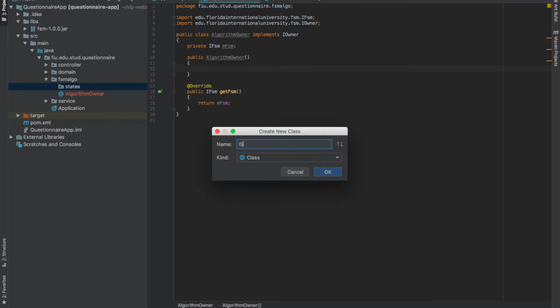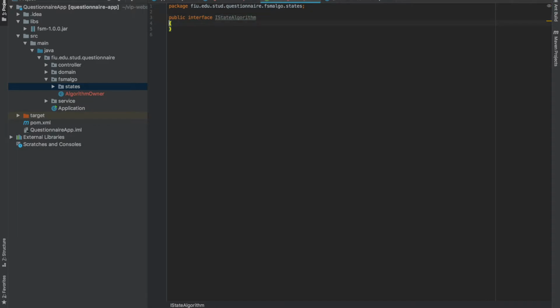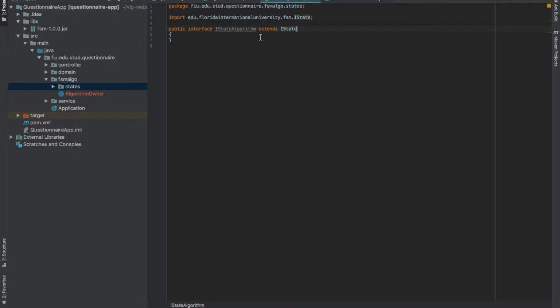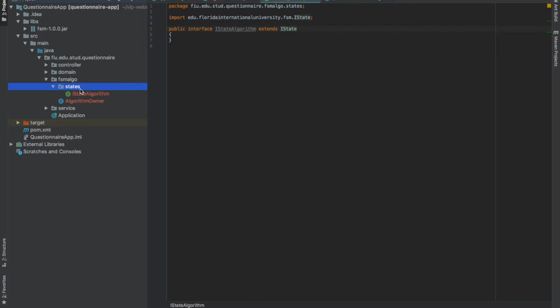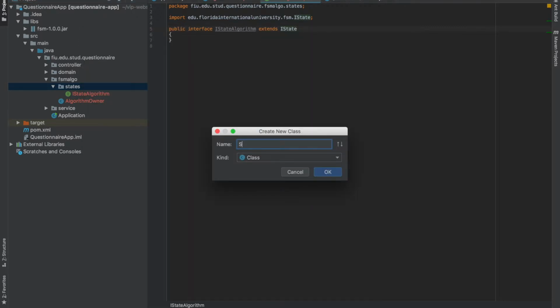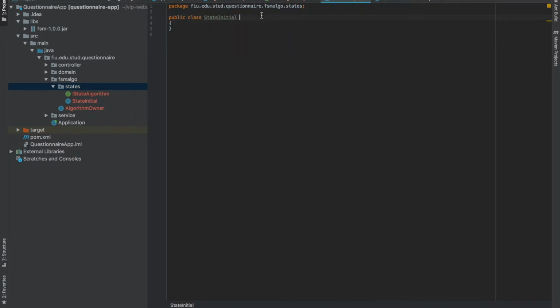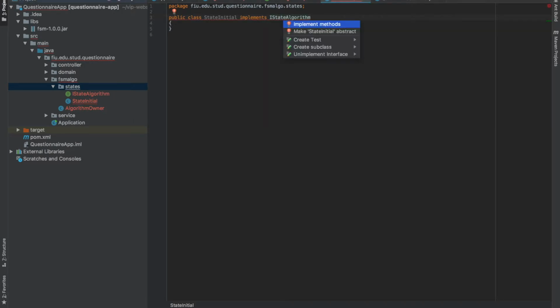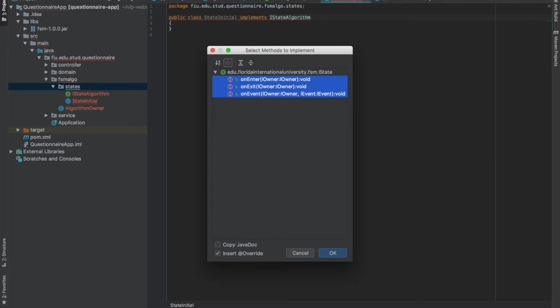This is something that I like to do. I like to create the state. So StateAlgorithm. I'm going to make it an interface. Now this interface is going to extend the IState interface from the library. And now the first thing we want to do is create an initial state. It's going to implement the IStateAlgorithm,